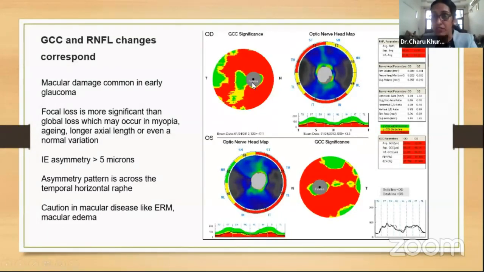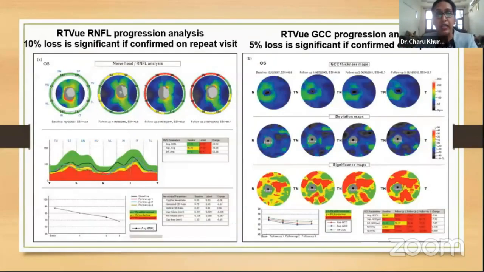However, remember that macular changes will occur even before the RNFL changes, and in this, the focal loss is more significant than the global loss, which may occur as part of myopia or an increased axial length or even as part of aging. Now we can also see the progression. So you see this is the progression map where the earliest OCT shows a normal RNFL and this is gradually progressing. Whereas in the GCC analysis, you see here the RNFL hasn't yet shown any deficit, but the GCC has already given it to us, and of course a progression. By the last stage, we really do not need an OCT to help us, where we can use the visual fields.